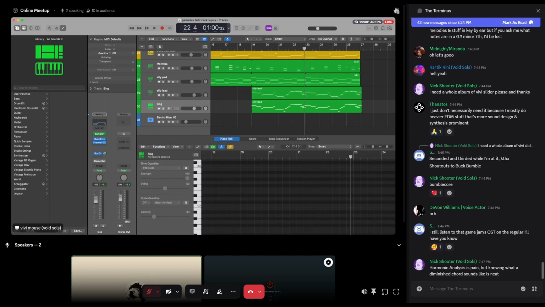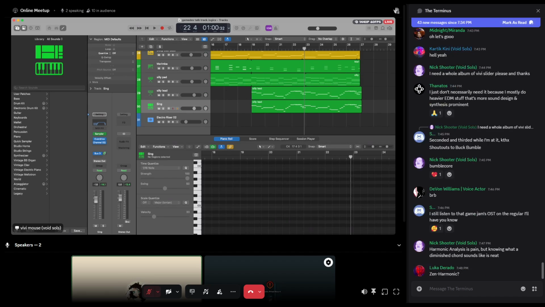But also knowing what a diminished chord sounds like is neat. And also, since this is a tangent, and feel free to cut off the recording if you want to, because I'm just rambling at this point. But I've been getting a lot into xenharmonic music over the past year, and I have learned a lot of xenharmonic theory and the sort of different sounds that you can get from tuning differently. Xenharmonic with an X, so strange harmonies or strange sounds, things that are tuned outside of our usual tuning system.